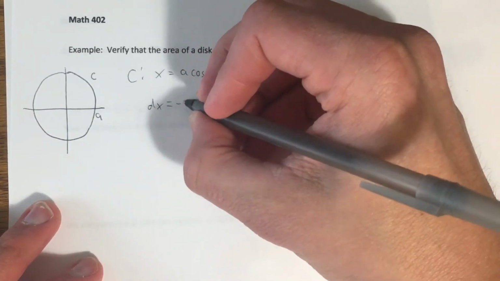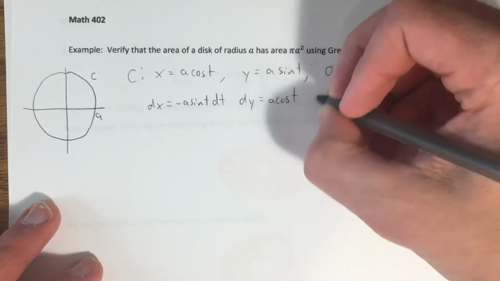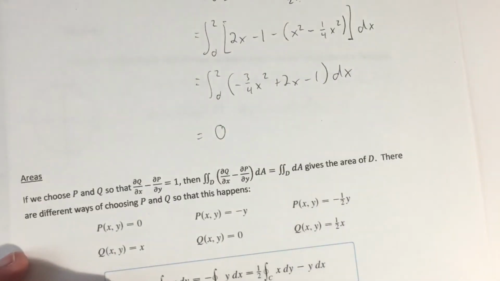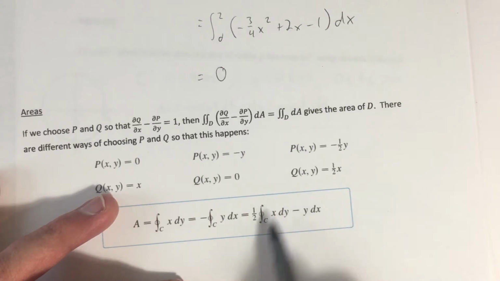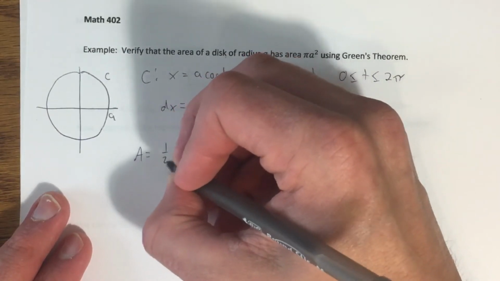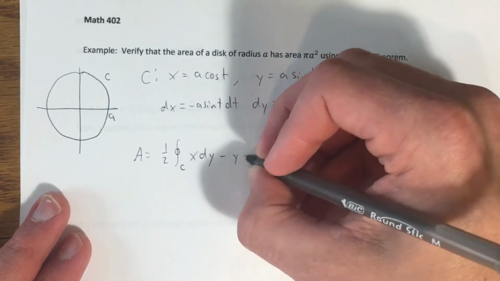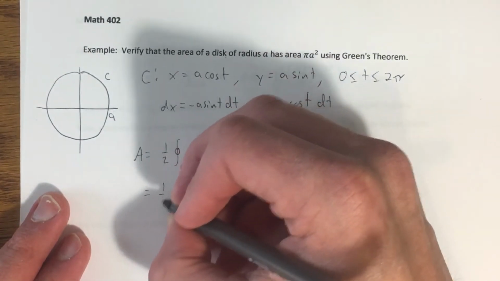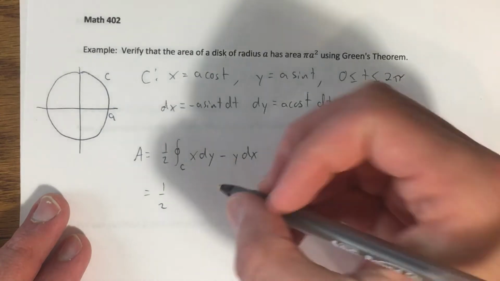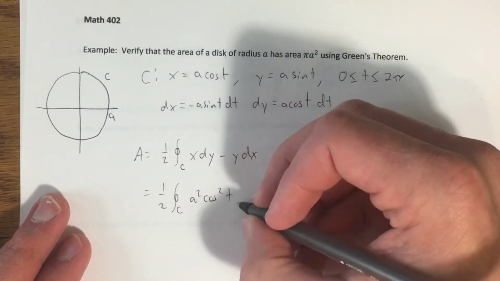So dx is going to be negative a sine of t dt, and dy is going to be a cosine of t dt. So using this third formula right here, 1/2 times the line integral of x dy minus y dx. The area is equal to 1/2 times the line integral along C of x dy minus y dx. Okay, well, x dy, that's a cosine of t times a cosine of t, which is a squared cosine squared of t dt,